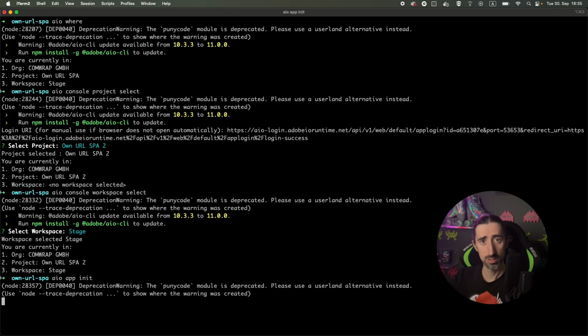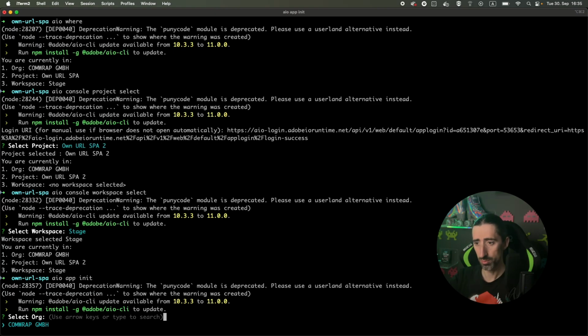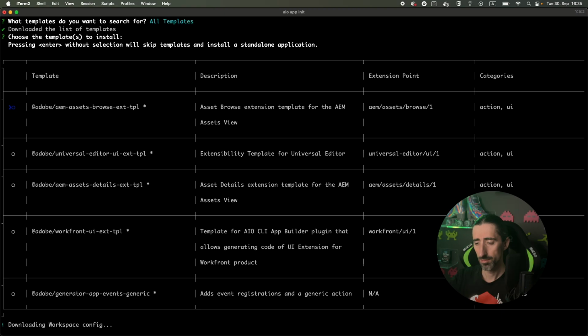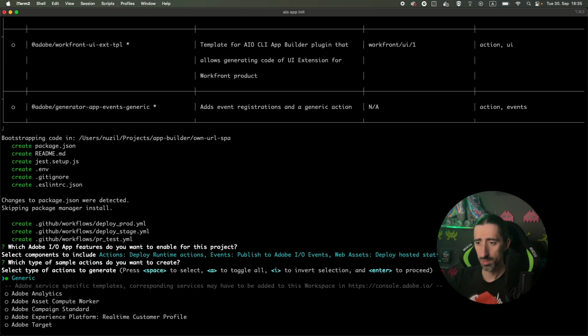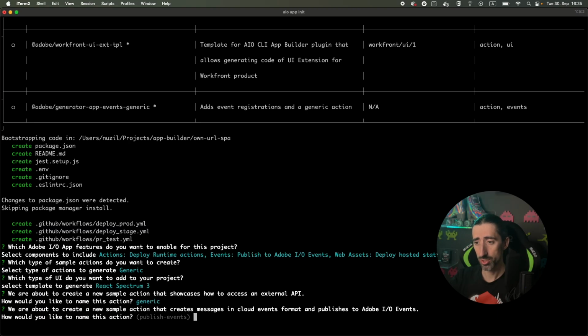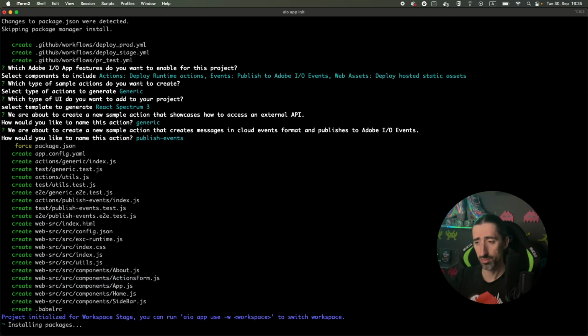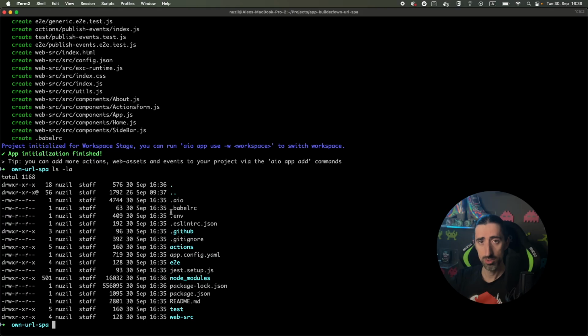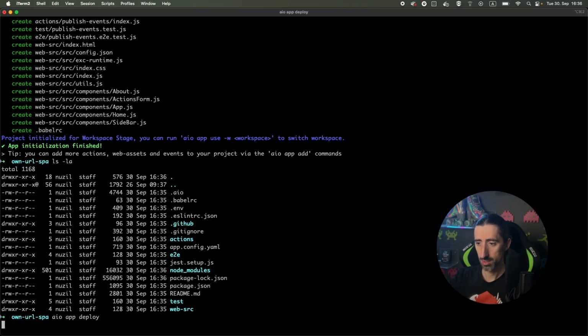We just want to create the new application, which has to be just a blueprint one. That's the standard process of initializing a new App Builder application, which pre-generates two actions, backend and frontend. So you'll have a single page application and one backend action you want to call. Let me show you how it looks. After the app is initialized, we can have a look. It generated a bunch of files, and what we want to do is just deploy it. So we have the URL